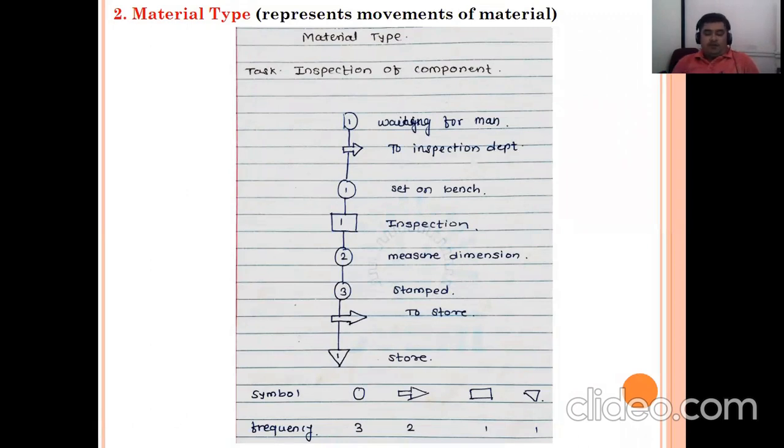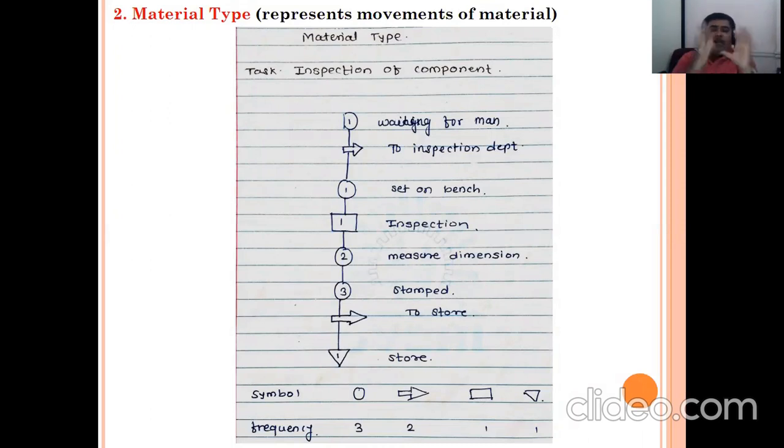Is it right? From the stored place, the material is now moving to the inspection department. That's why it is shown with a particular arrow. Third, set on the bench. The material itself will not sit on the bench; for that a person is required to work. Is it right? So the person will pick up the material, he will put the material on the particular bench,